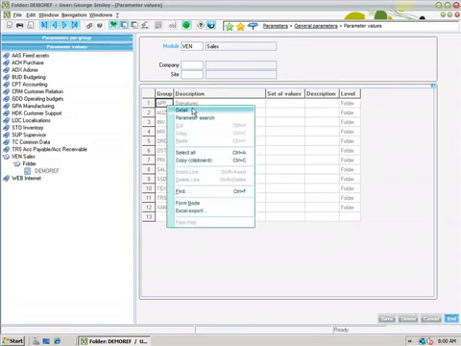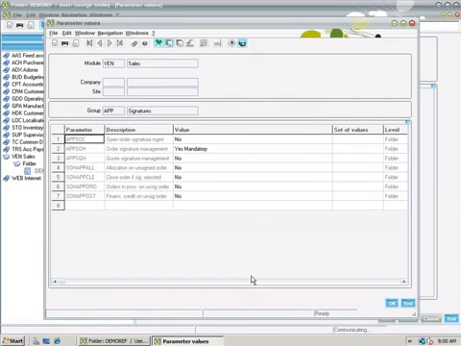So I can go into the details of that particular parameter value group, and you can see here that we have the ability to define parameter values for signature management on open orders, and on quotes, as well as some additional parameter values for the way signatures work for cancellations and things like that. Your options when you're defining whether to use signature management or not